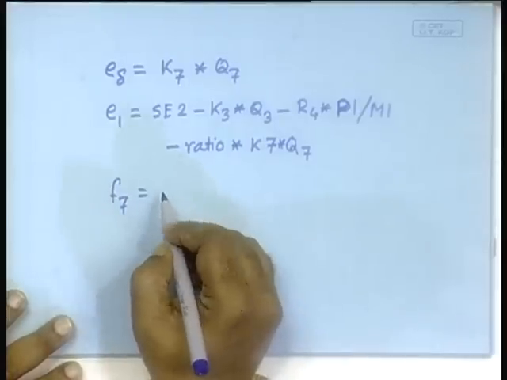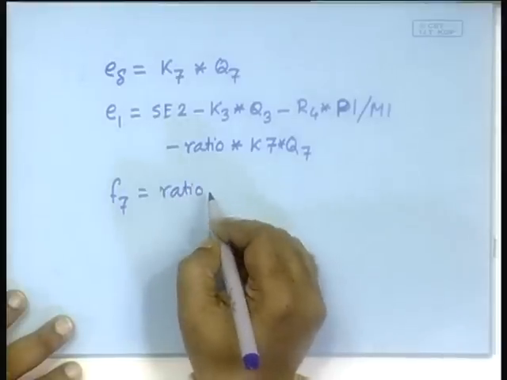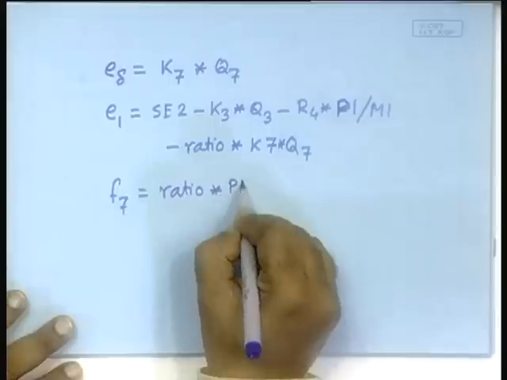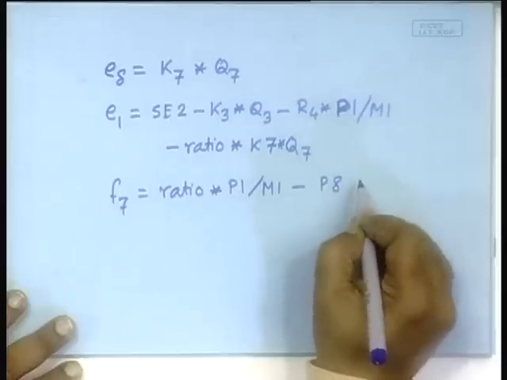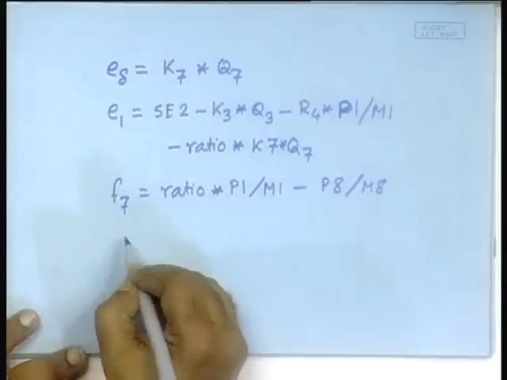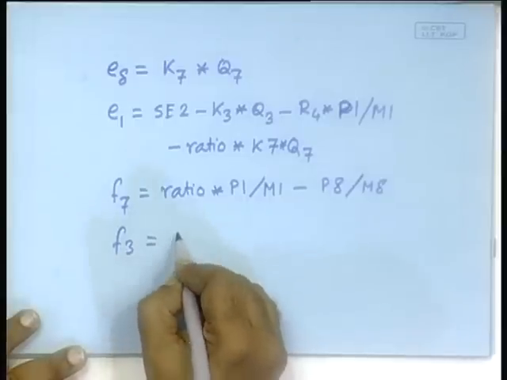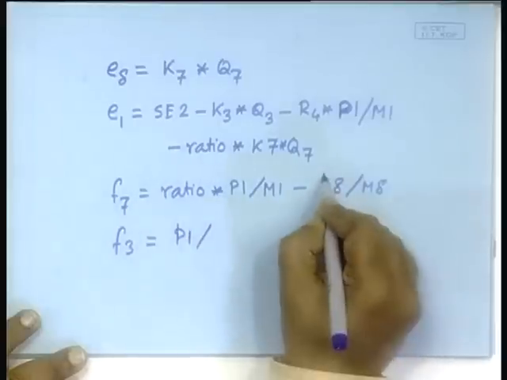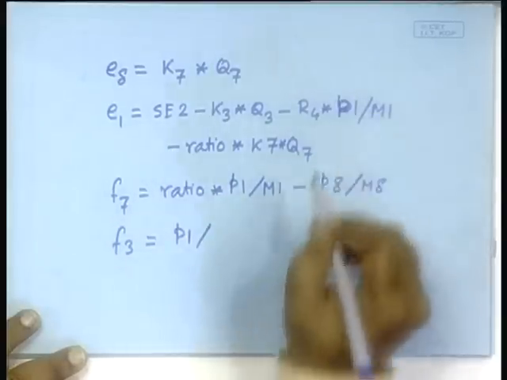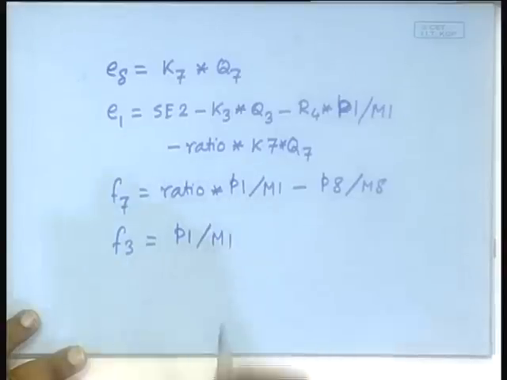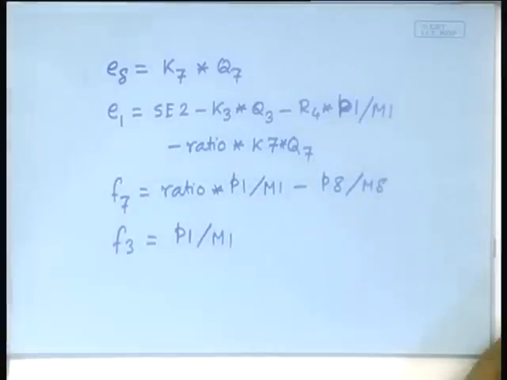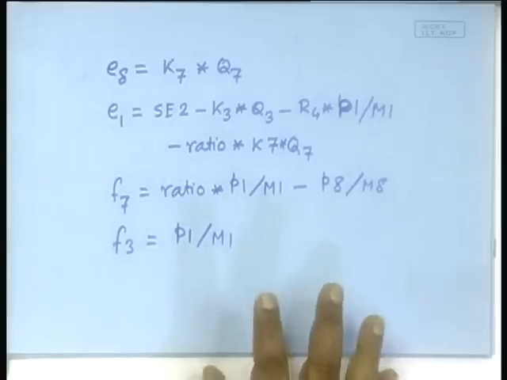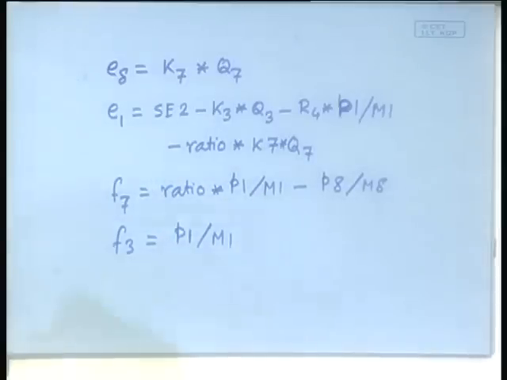F7 is equal to ratio times P1 by M1 minus P8 by M8. F3 is equal to P1 by, sorry, P is a small p, P1 by M1. Check if these are correct. This will be correct, of course, because this has been written in a very robust way, so that it always obtains the equations correctly. Now, after this is done, then these equations have to be solved, and the program has